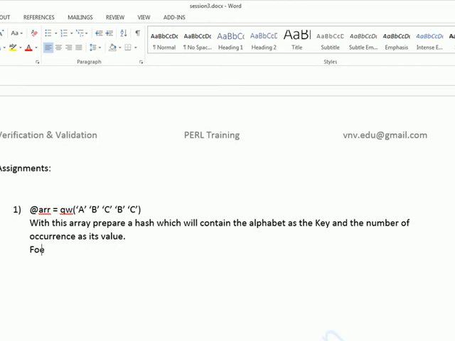For example, when printed, it should display A1, B2, C2. Okay.